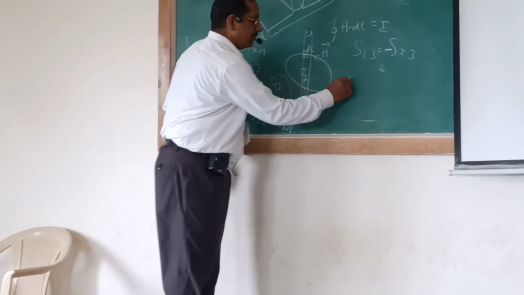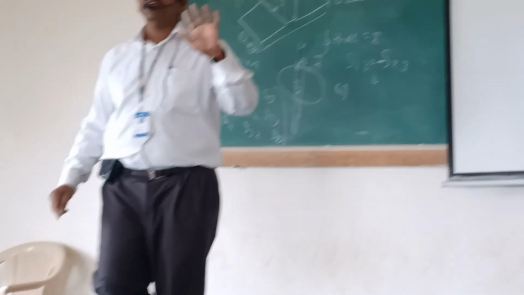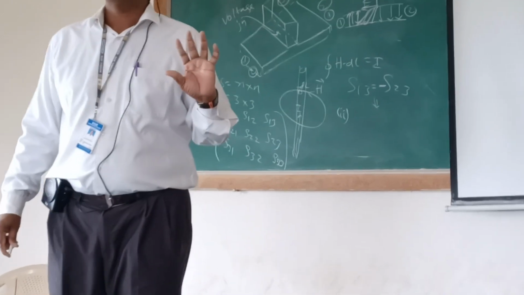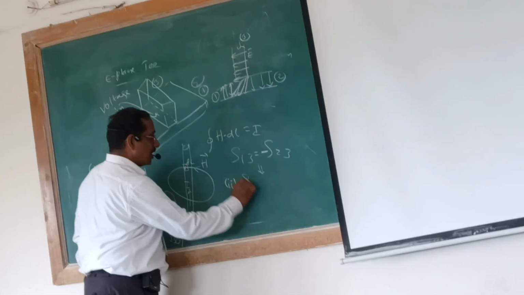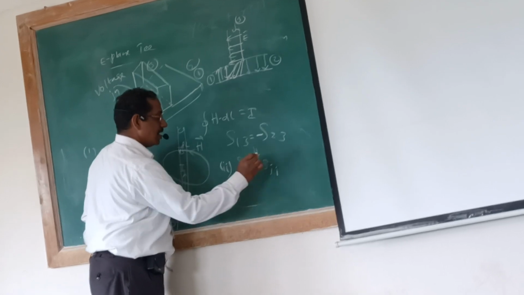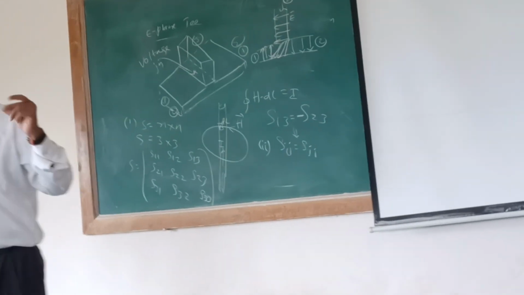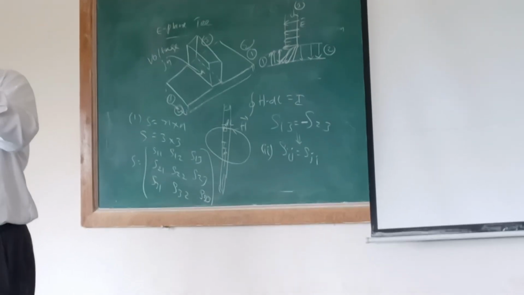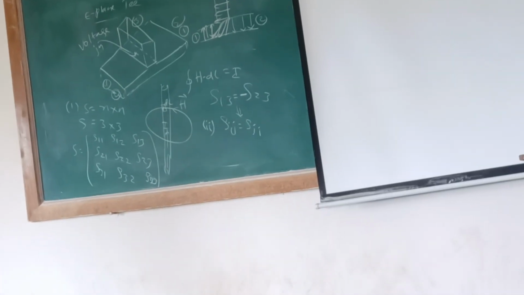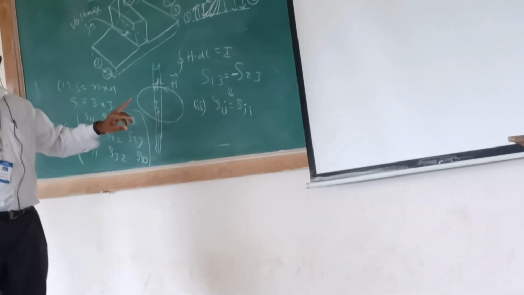Now the second property is going to be what? Symmetry property. What is symmetry? We are going to interchange rows with columns in the case of the symmetry matrix. So interchanging rows with columns is what I can do now. Sij is equal to Sji. What is it that I did there? I interchanged i and j. Then the equality is going to hold good for that particular interchanging of rows and columns.